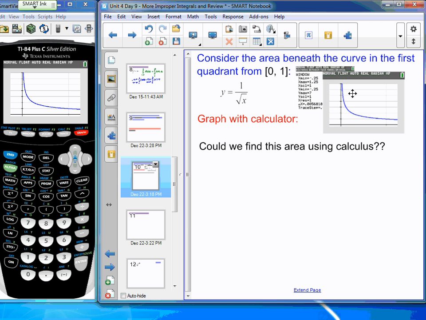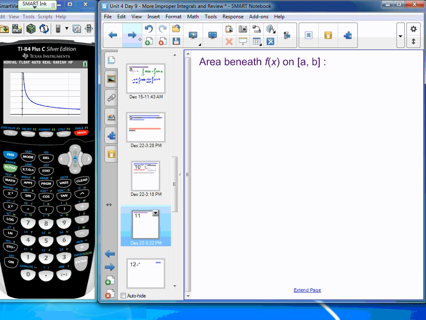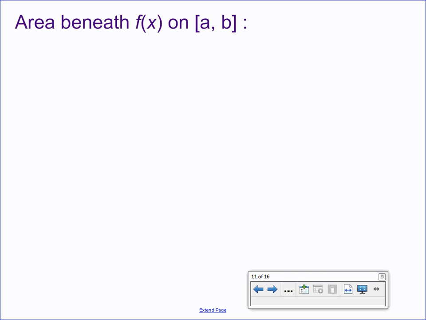All right, so I want this picture. And I want to go ahead and use calculus to do this. And so in general, the area beneath the function f of x on a to b is given by my integral from a to b of f of x with respect to x. In this case, though, my endpoint of my interval, a, is 0, and that is an infinite discontinuity on my function. And so I've got the integral from 0 to 1 of 1 over root x